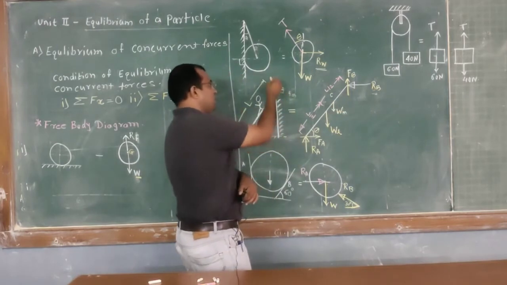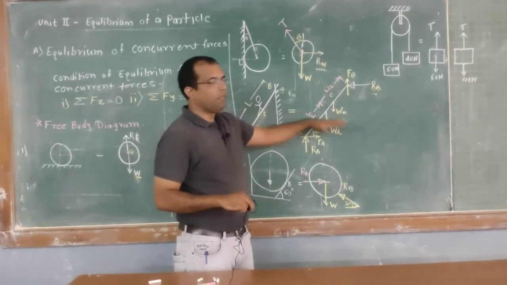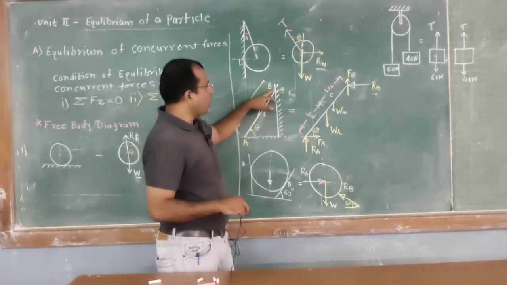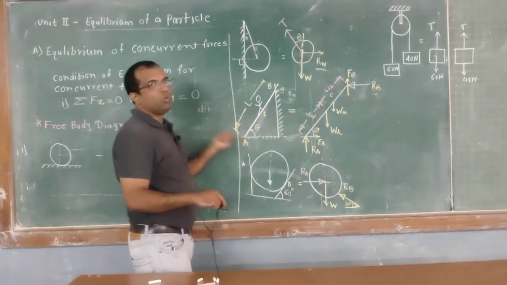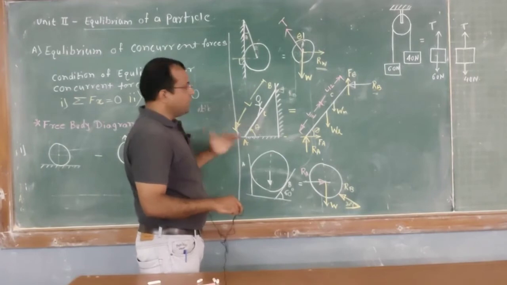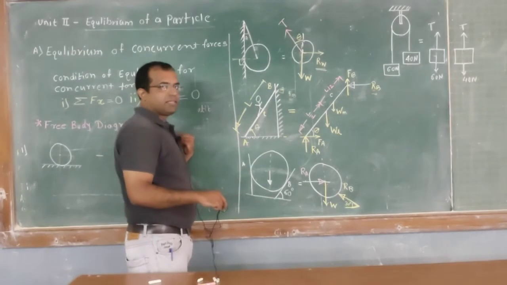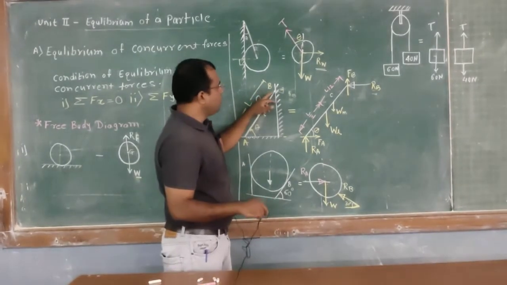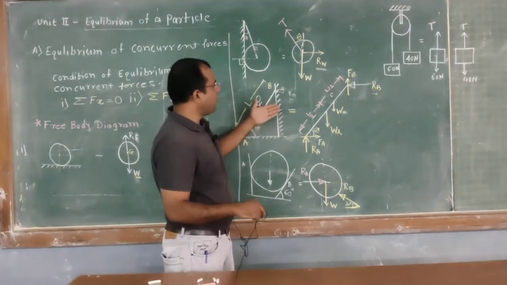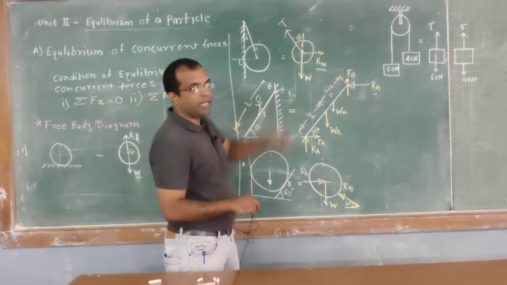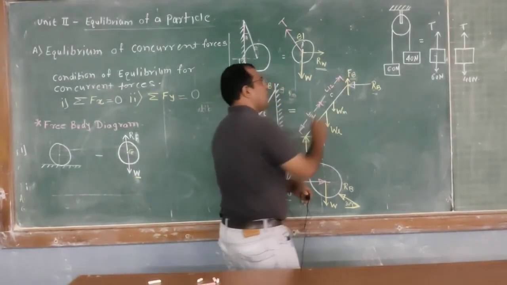Now this ladder is resting against the wall. So when the ladder is on the verge of slip, this top portion will come downward, and this point A will move towards the left. Isn't it? This part will go down and this part will go to the left. Yes. Okay. So the motion of the ladder is in the downward direction, therefore the friction force offered by the wall on this ladder is in the upward direction. So I have shown here the friction offered by the wall on the ladder, that is FB.